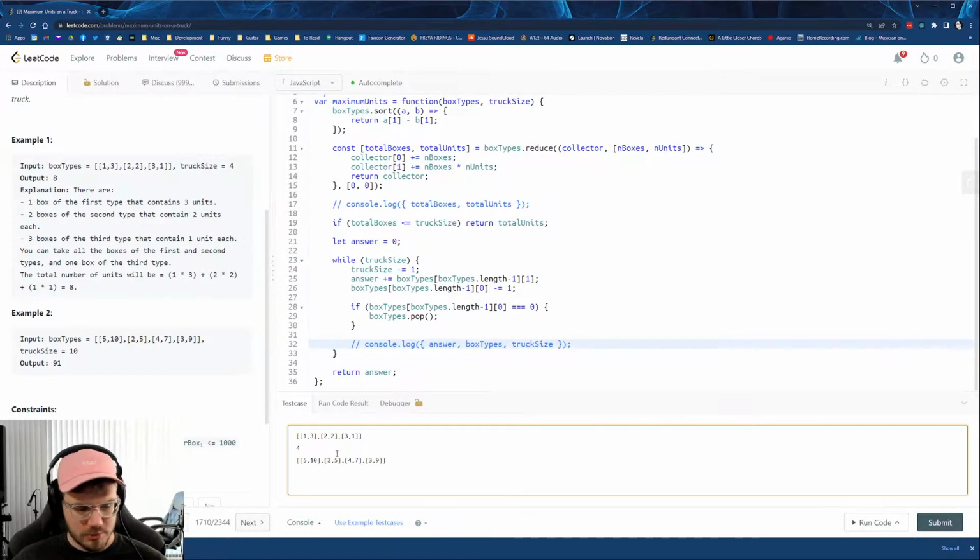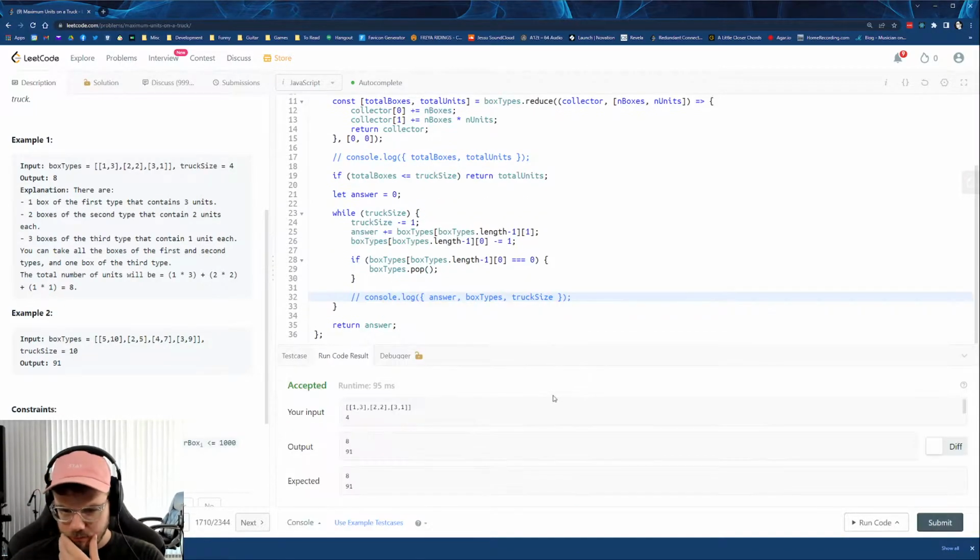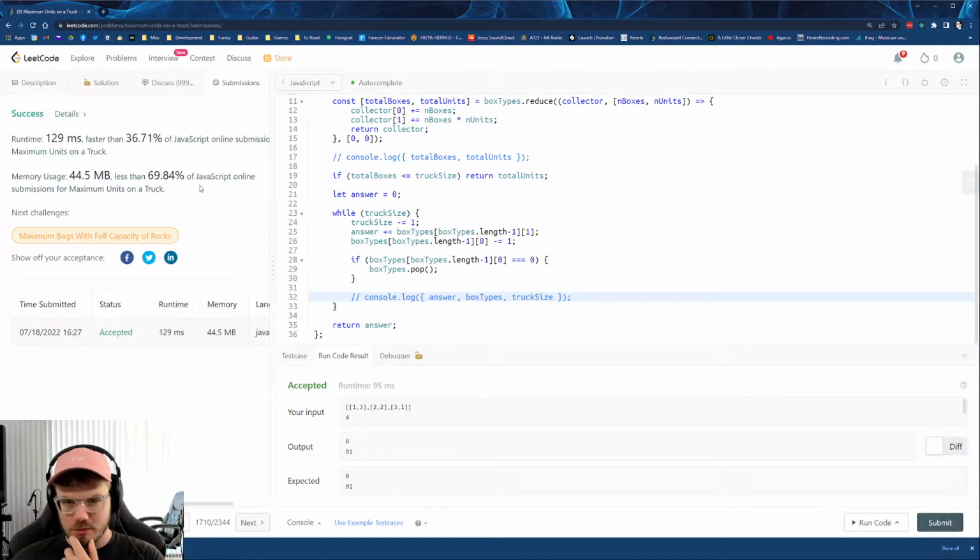So these numbers, and then 10 as the truck size. Okay, we got 91, so I'm just gonna submit. Okay, cool. We got accepted, faster than 36% of submissions. The way that I could speed this up a little bit is if there's truck size left, instead of just